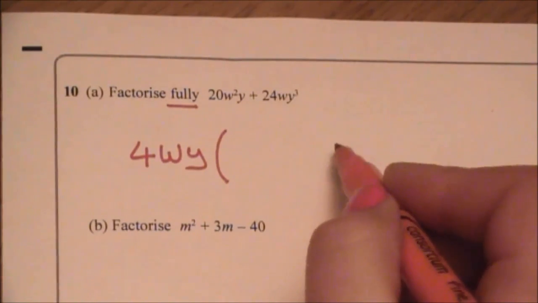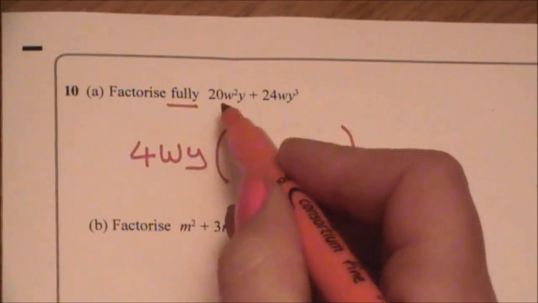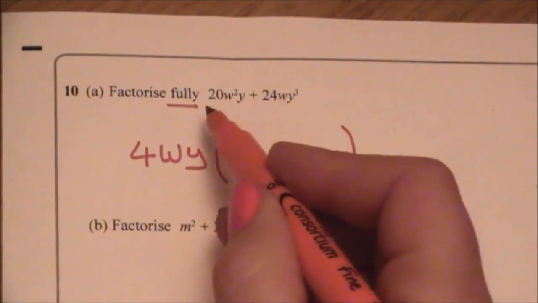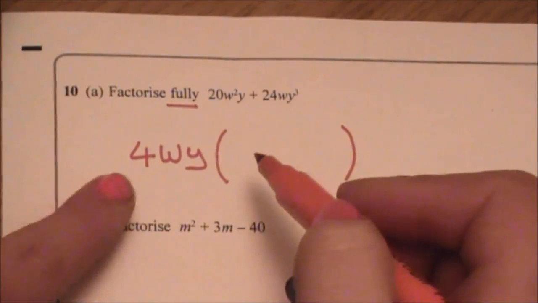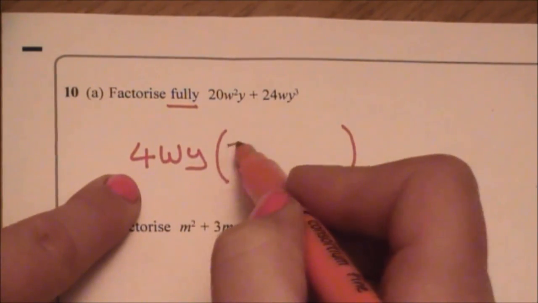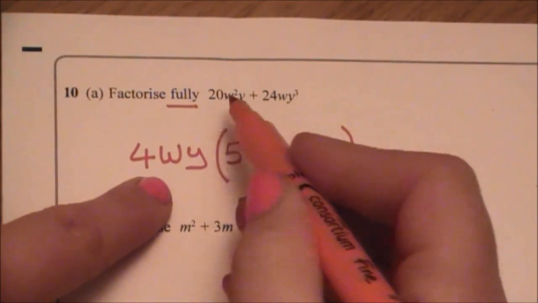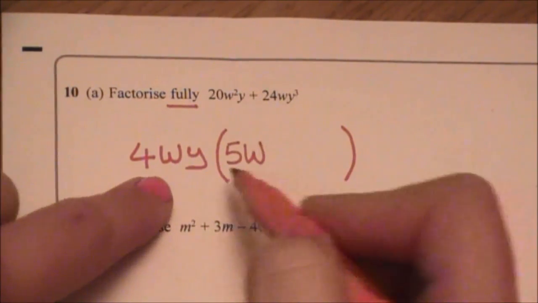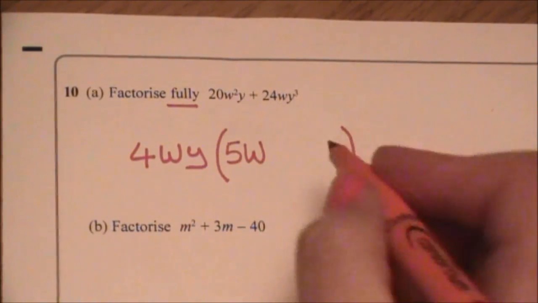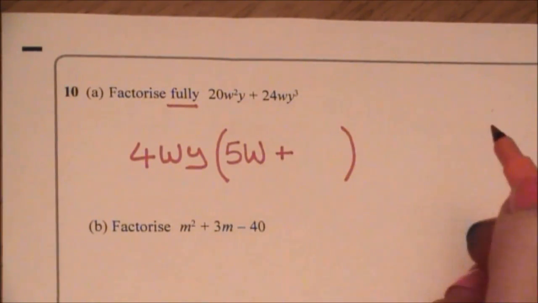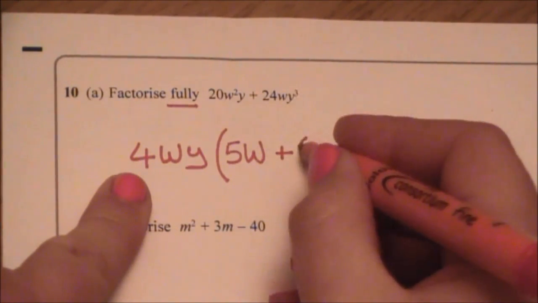Then I open my brackets up and I need to decide what I multiply 4wy by in order to get the answer of 20w squared y. So again, numbers first. 4 times what is 20? Well, that's 5. W times what is w squared? W. Y times what is y? Nothing. It's already y. So it's 5w